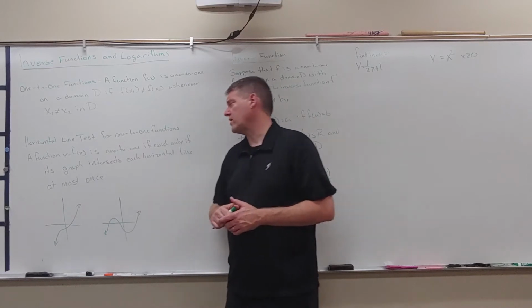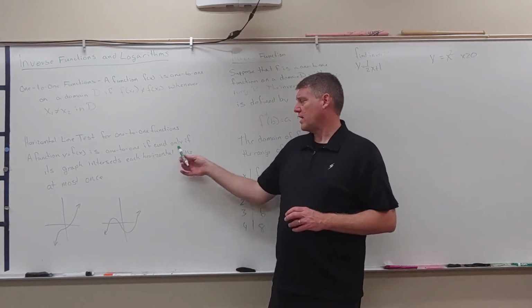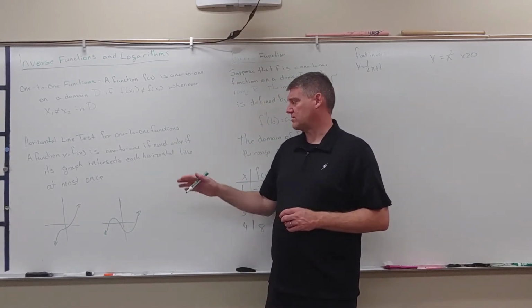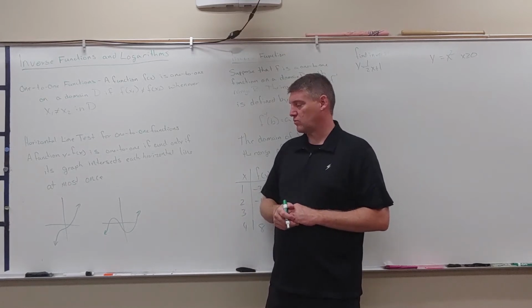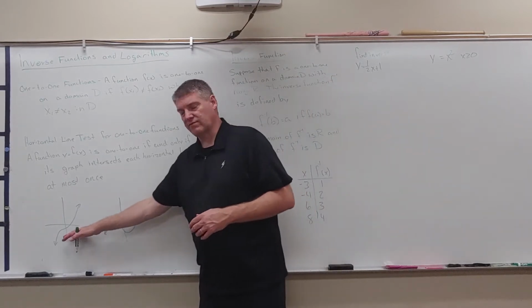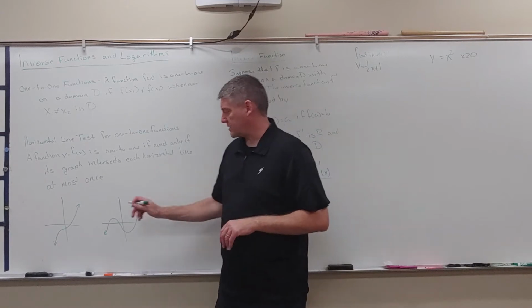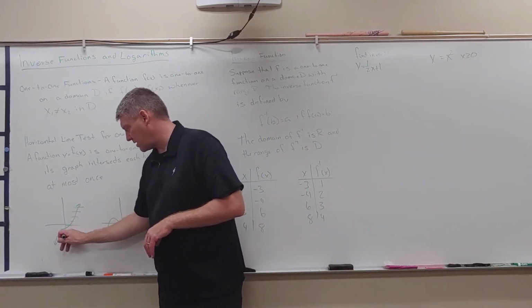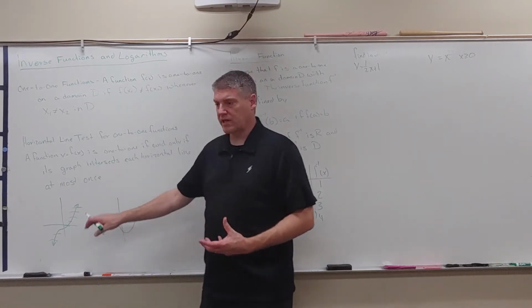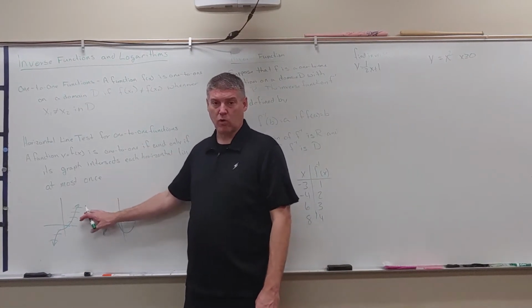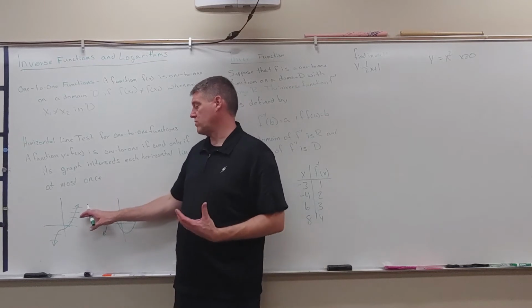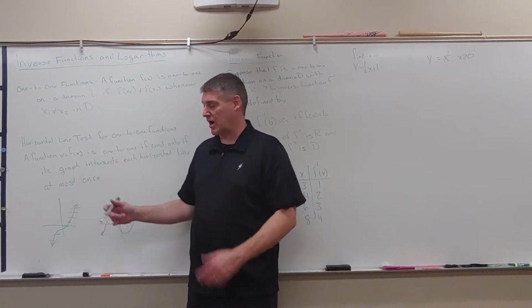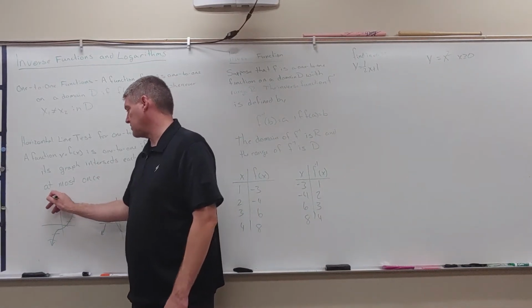A function y equals f of x is one-to-one if and only if its graph intersects each horizontal line at most once. So here we have two graphs. The horizontal line test is, if I were to draw every single horizontal line, I can only intersect that graph once. If I intersect the graph more than once for any one of these, it's not one-to-one. So here, this is